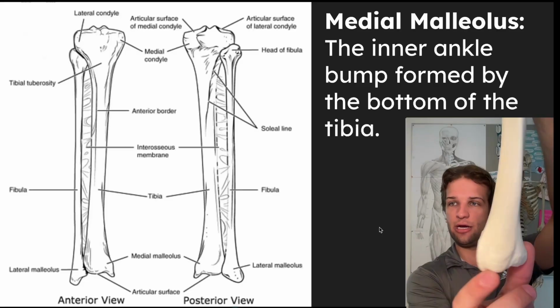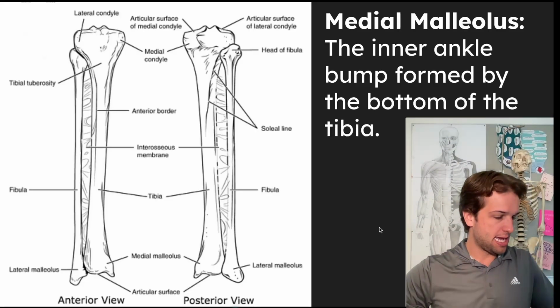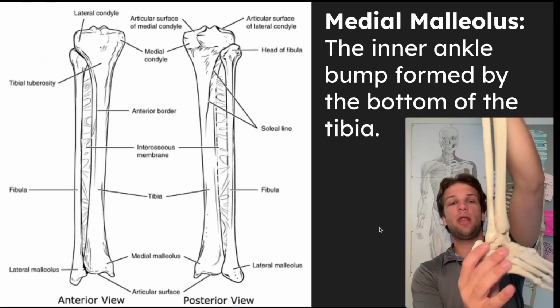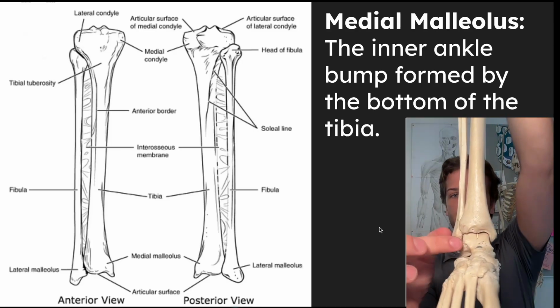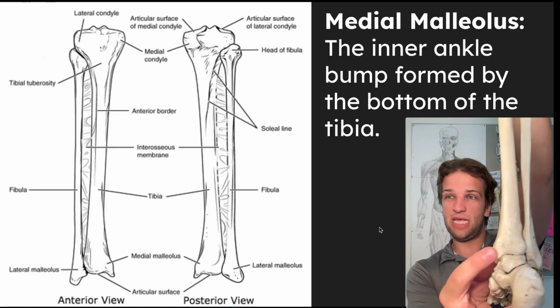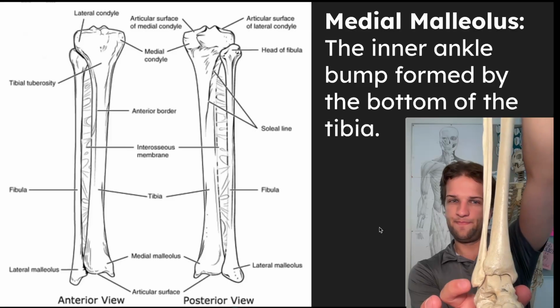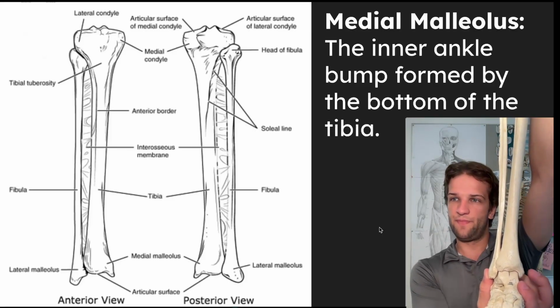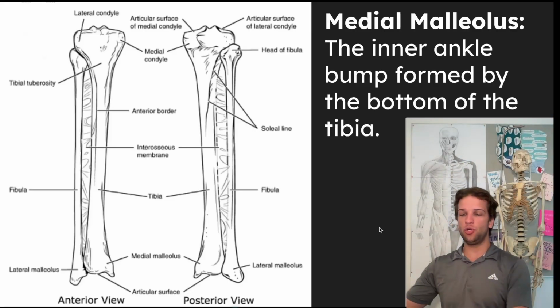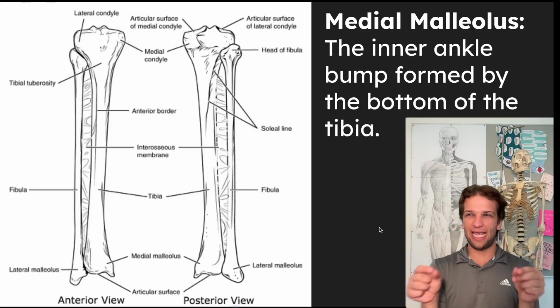And if you see here, we've got this kind of bump out. When we're looking at both of them, you can see that there's one bump out here and one bump out here. The tibia has a bump on the side and the fibula has a bump on the side. The medial malleolus is on the tibia though. And when you feel your ankle, you feel those two bumps, those two balls,